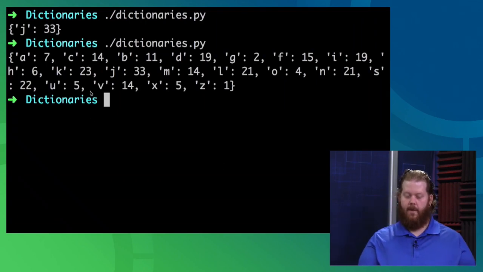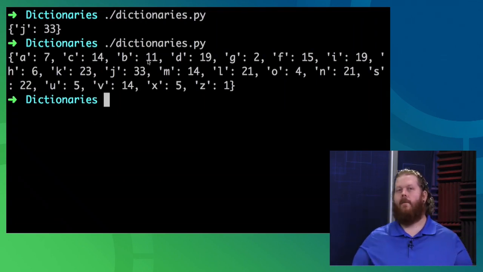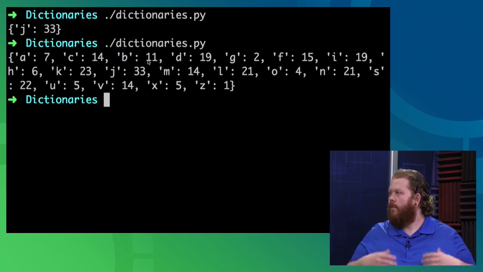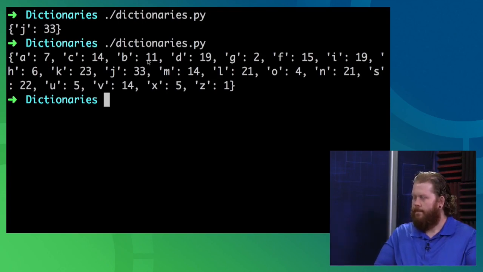And there we go. There are 7 A's, 14 C's, 11 B's. And now I have quickly counted through that giant string that was hard to figure out. I've teased that apart. And now, with a little more, I could just, boom, put this into a file, something of that nature. Yeah, this is definitely really cool.